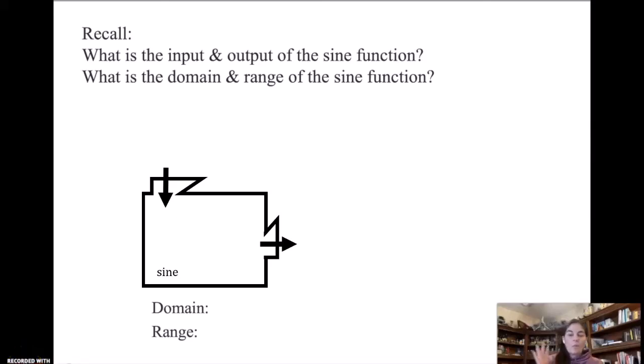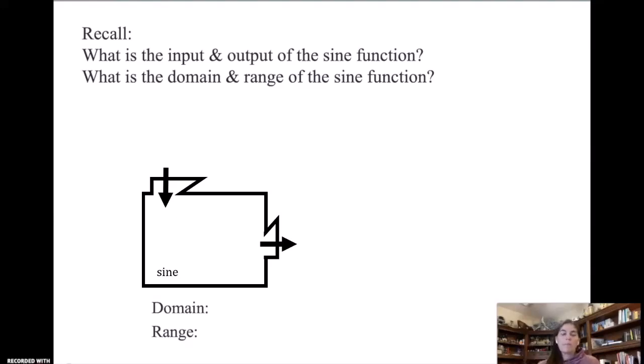All right, so we've talked about reference angles, and now we're moving into inverses. We've done inverses with linear, logs were inverses of exponential, and so now we're moving into that with some trig. So before we talk about inverse, let's go back to what the input and output of the